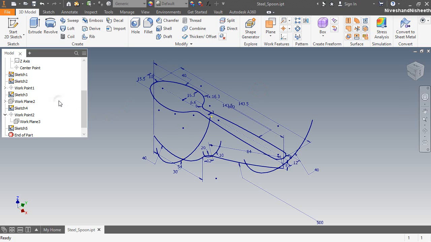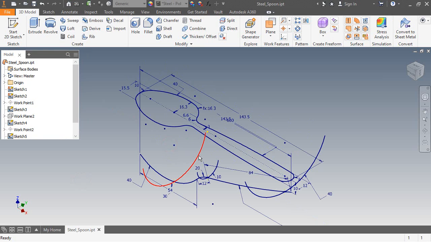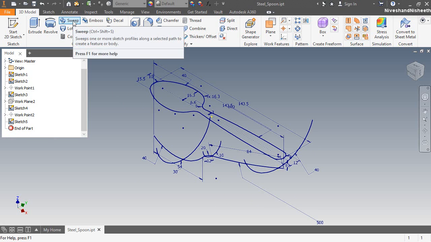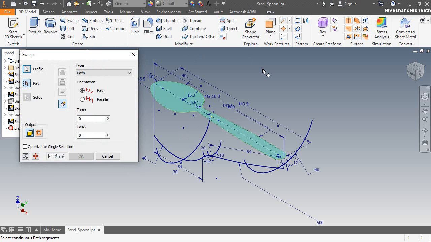So now it's time to start the process of creating the surface one by one here. Let's see. At first we will create a surface by selecting these two curves. This is the first curve as profile and the second is path. On the basis of this, my surface will be rotated and ready in a perfect shape. Now activate the sweep command from here. In the sweep dialog box,